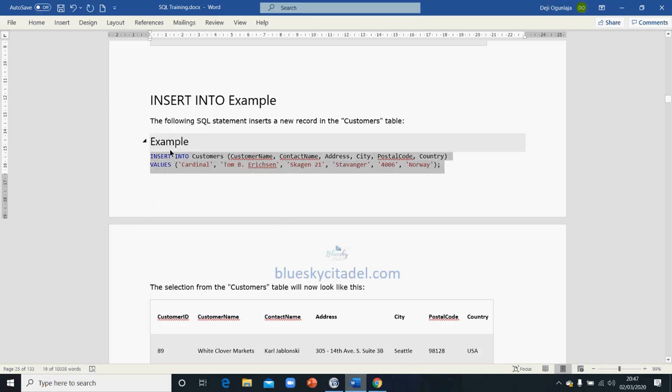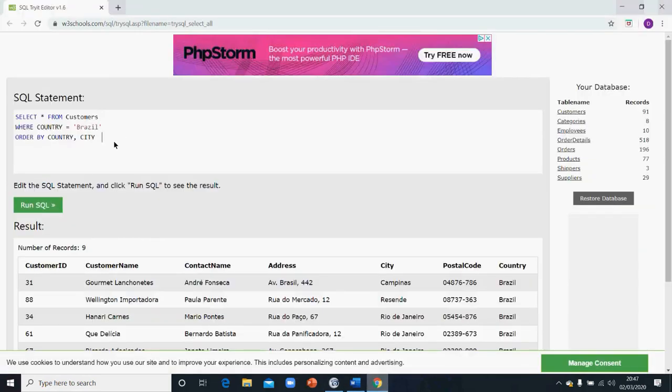Basically what you need to first know are the keywords that you need to memorize. Insert into the name of the table, and then the columns, and then the values that you want to insert. So for instance,